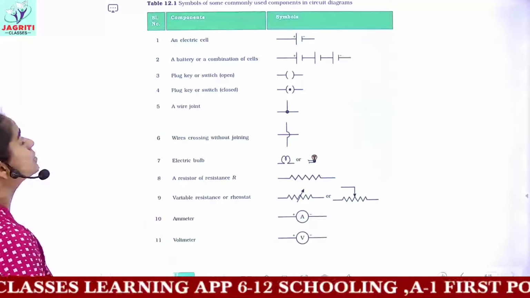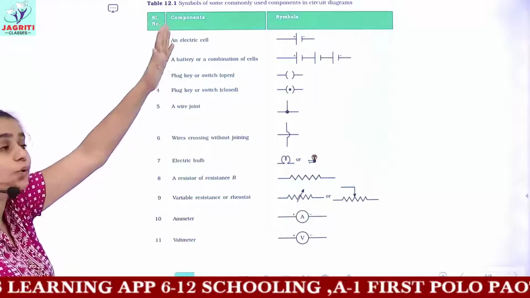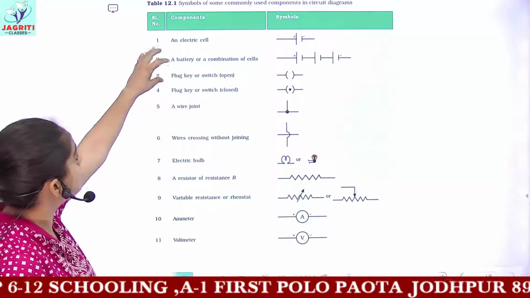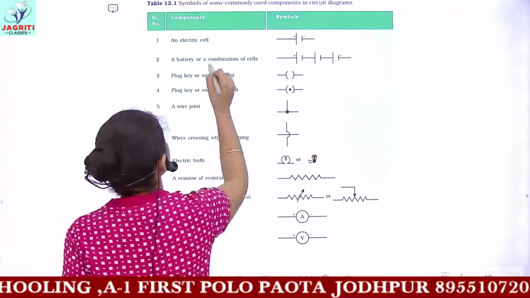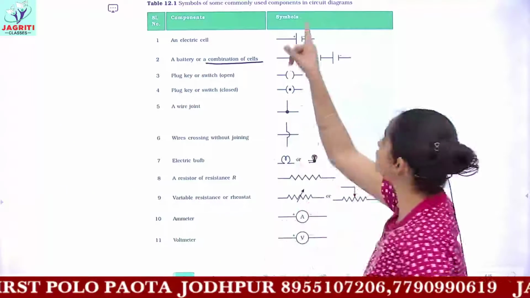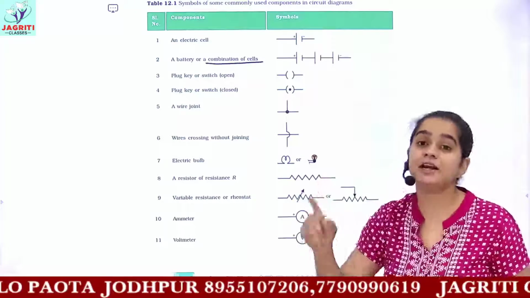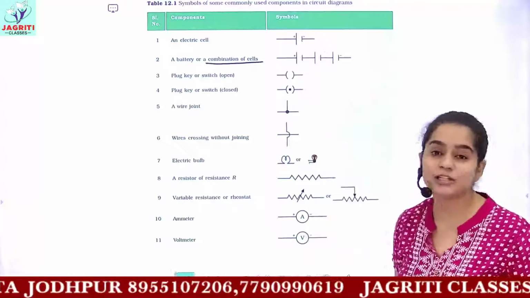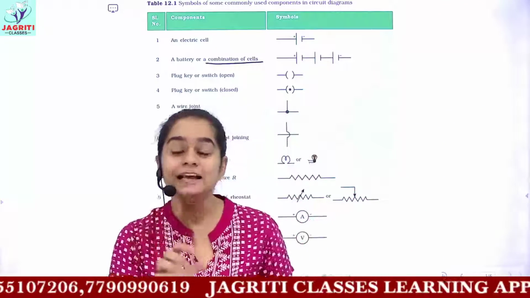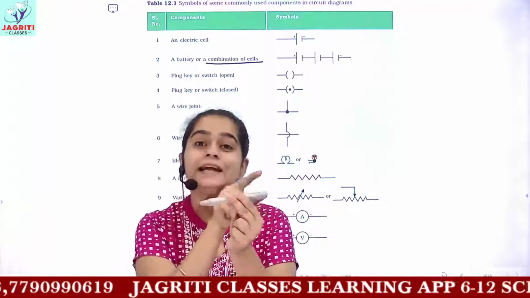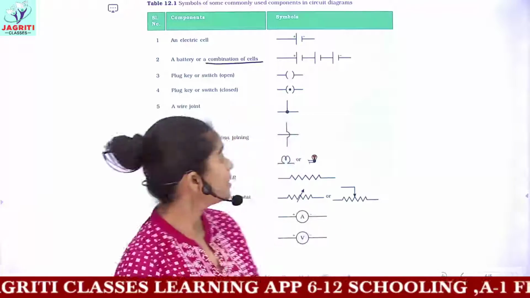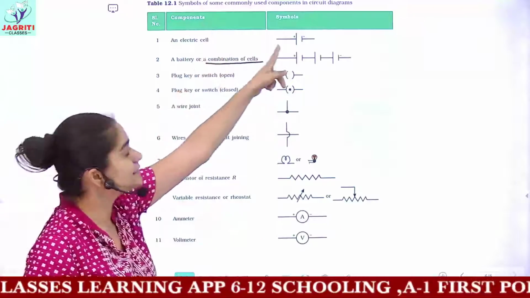So the basic symbols or the basic components which you should know which are present in electric circuit, the first one is an electric cell, and the next is battery. Battery is what? Battery is the combination or a group of cells. So an electric cell is denoted having 2 straight terminals. The one straight terminal which is longer in length, it is the positive terminal of the cell, and the short one is the negative terminal. I hope every one of you have seen a cell. The cell has 2 terminals. On one side it has been denoted as plus, and on the other side it has been denoted as negative. So the electric cell is denoted in such a manner.